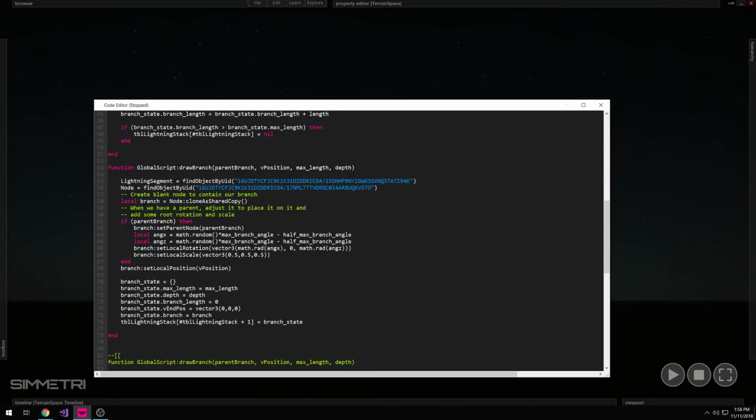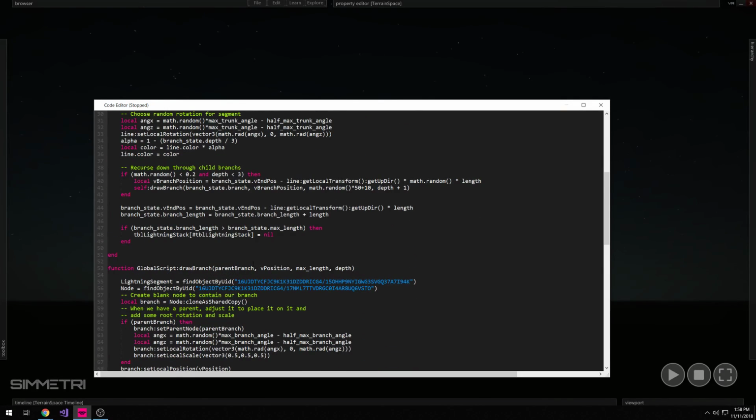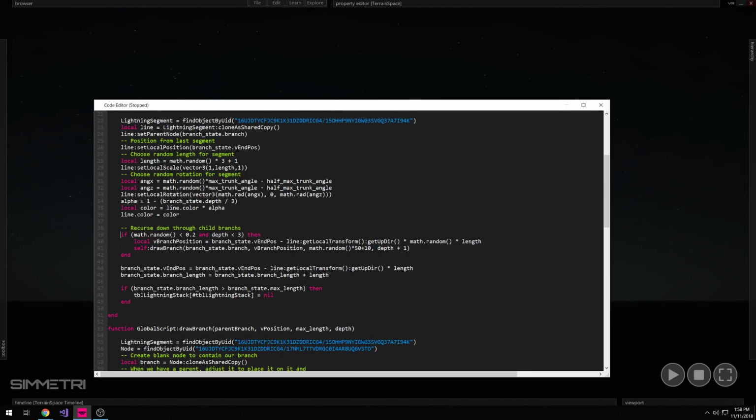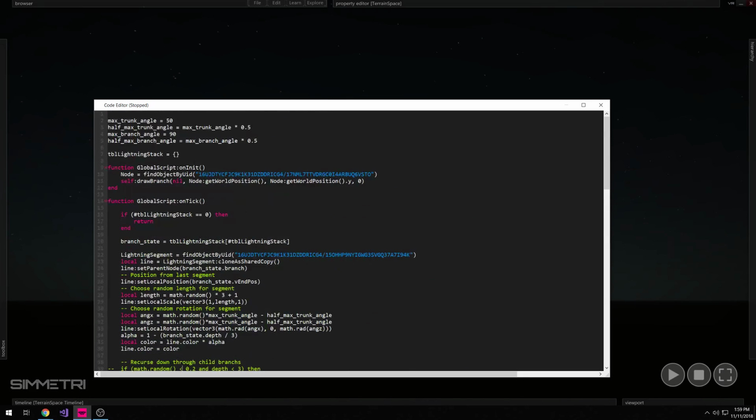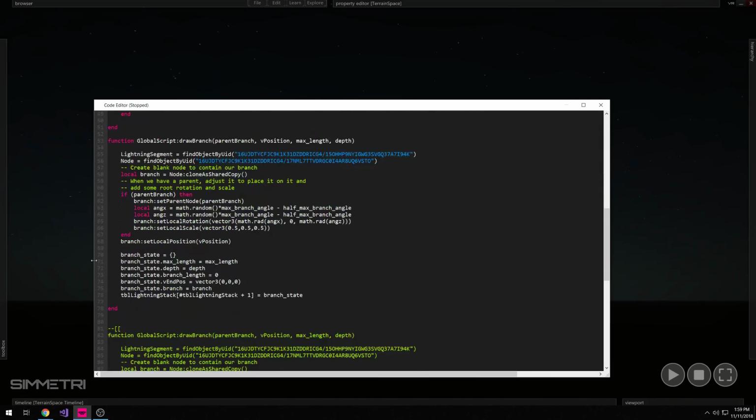So I think that makes sense. I think we have everything we need. Let's remark the recursion for now. I always like to start simple just to make sure our root branch works here before we start adding the complexity of the recursion. So again, we're going to call draw branch now. When draw branch is called, we're going to call it with this nil, this position here, and the initial depth 0. That's going to call this, which is going to queue up our job